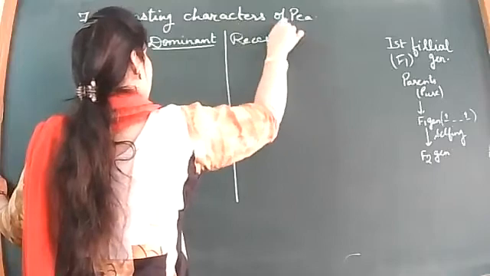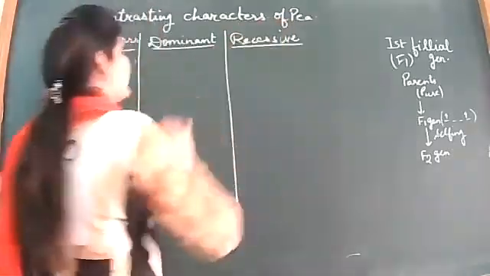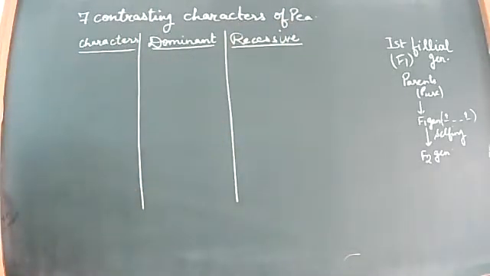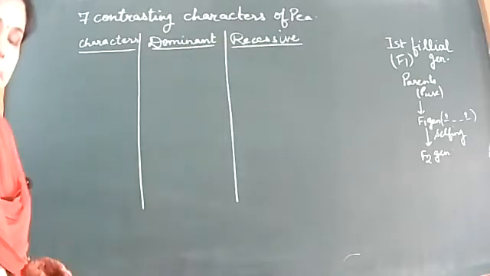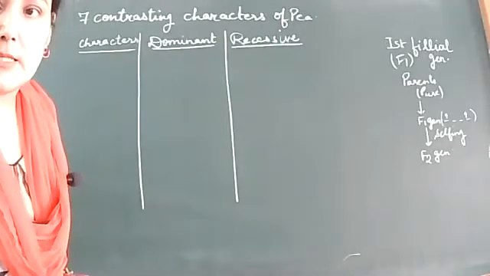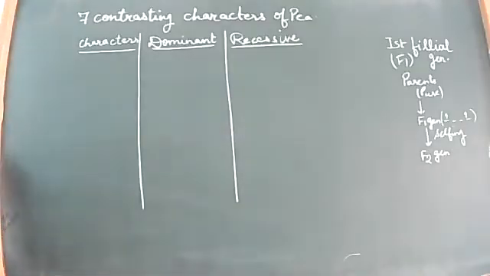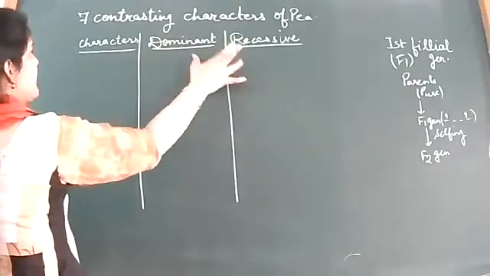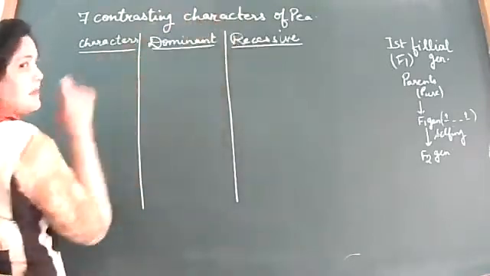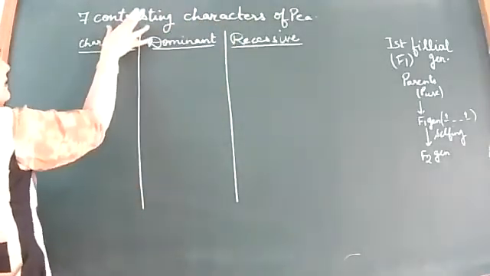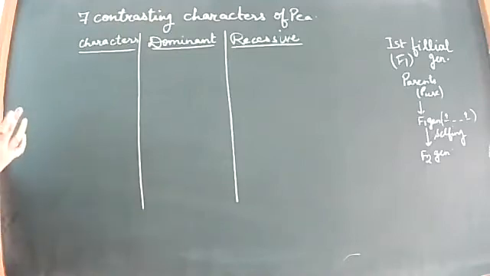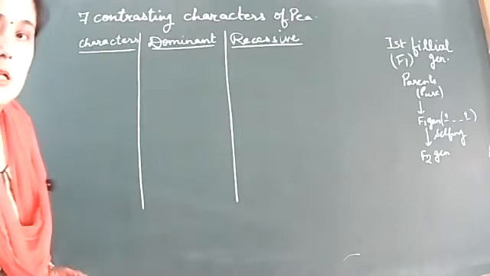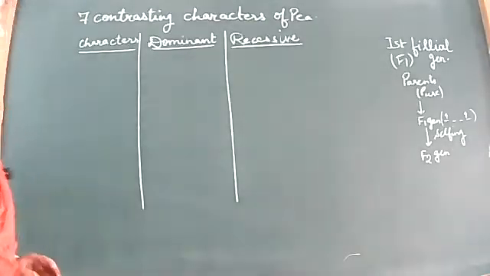Yesterday, we studied what is dominant. The character which is found more in a population will be termed as the dominant character, and the character which is found less in a population will be termed as recessive character. So what are variations? Because we are saying that the pea plant exerted some characters and those show the contrast. Contrast का मतलब क्या होता है? That is opposite. So showing the opposite features, that is called contrasting characters.